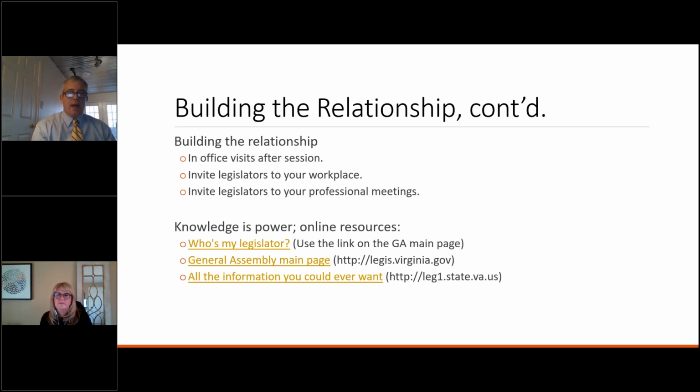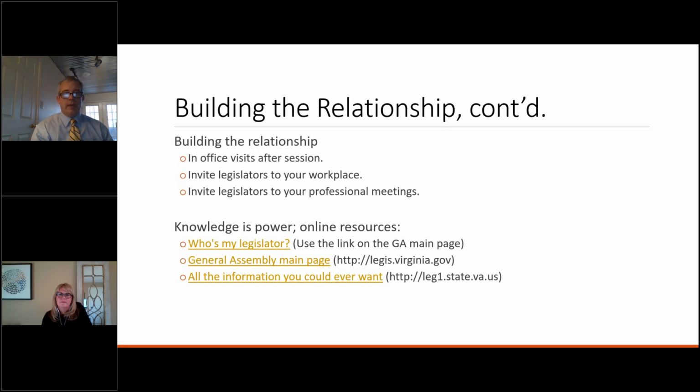So Virginia actually is what we call a really good sunshine state. And that means there's a lot of legislative information online to just regular lay people. And I think that this presentation has been put in the chat as a handout. So if you want to download this, these are live links here that you can go to. You would be surprised at how many people don't know who their delegate or their senator is, right? And that's sort of the first step in effective advocacy. Who is my delegate? Who is my senator for where I live? Or who is my delegate and who is my senator for where I work, right? Both of those things are important. So everybody should know that, because then you know who you have the most influence with.